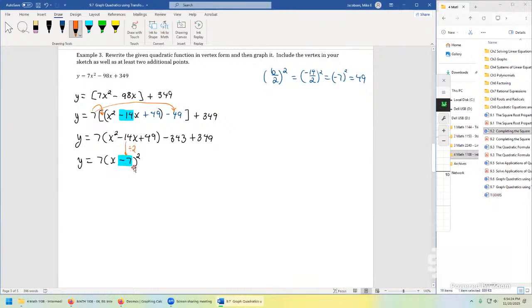You can expand this out using the FOIL method if you prefer, just to double check your work. But it's nice to know it's guaranteed if we did everything right. These terms are like terms, adding up to a positive 6. And now it's back to vertex form. That deserves an exclamation mark because that tells us we're basically there. The vertex for this parabola, as nasty as this looks, is going to be v equals, take the opposite of